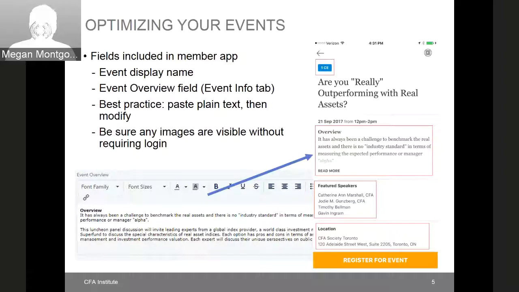So how do you go about actually optimizing your events so that they'll display the way you want in the member app? So again, the fields that you're going to see in the member app, we're just going to go through each of these and talk about them in a bit more detail. Obviously, the event display name is going to be the first thing that someone's going to see. So one thing that's important to note there is